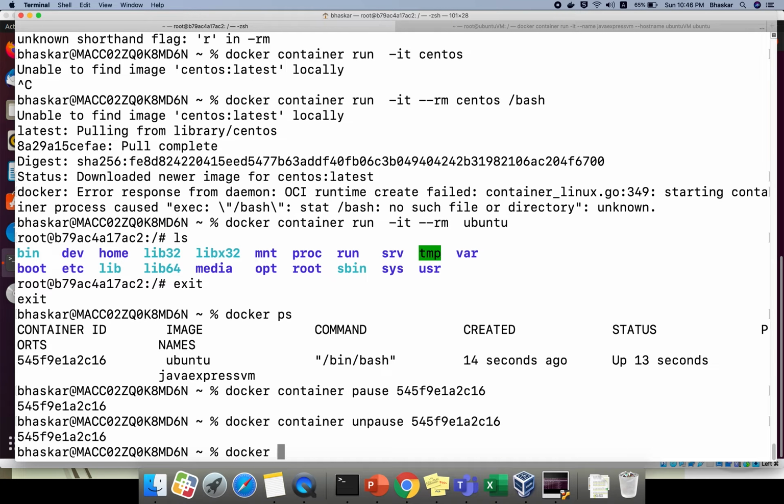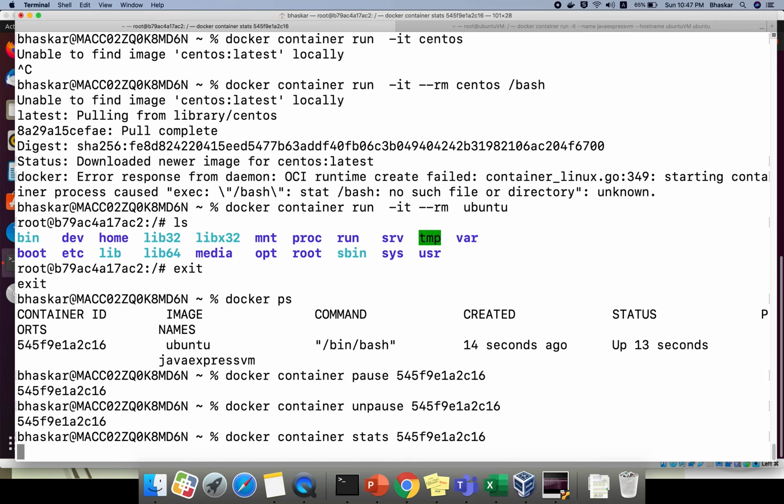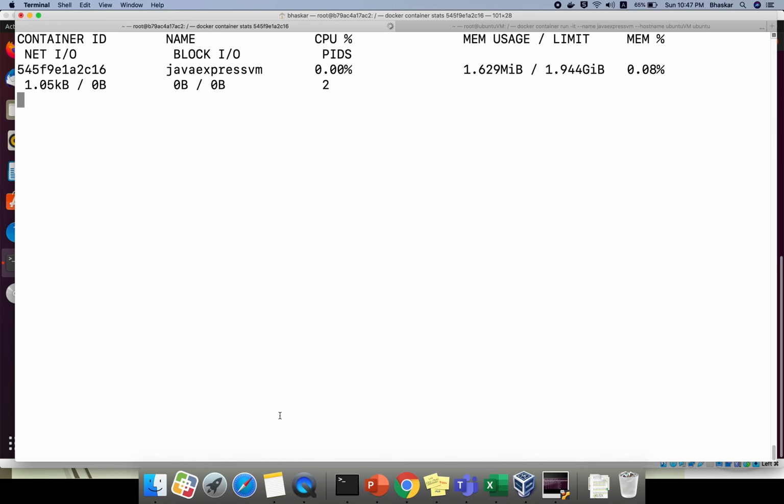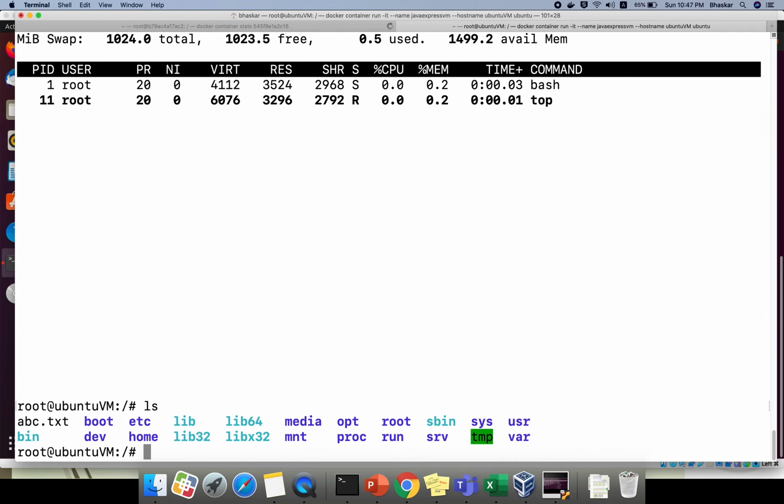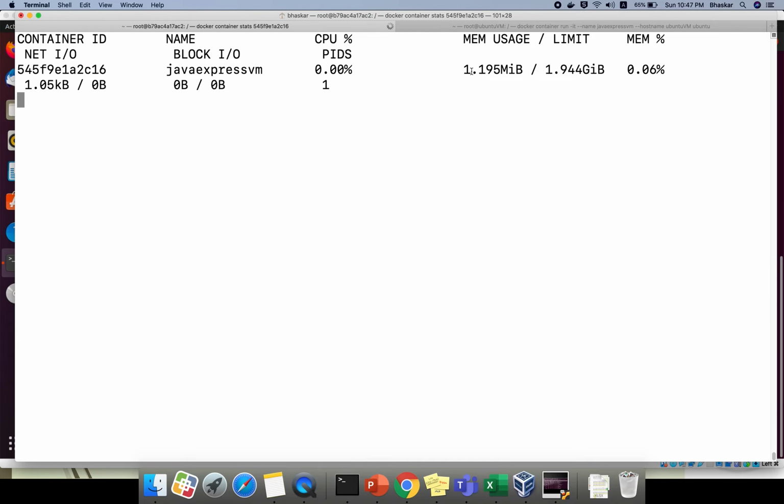This is one more way. I want to say docker container stats, and I want to give my container ID. If you give it here, it will give you live data. See, if you are working on anything, it will change. You see how much CPU is being utilized, what percentage. Right now there is nothing much, I'm not working here, so that's why it is like this. If you run an ls command, it will keep changing. How much memory it is using, what the limit is, everything you can see by using this command.